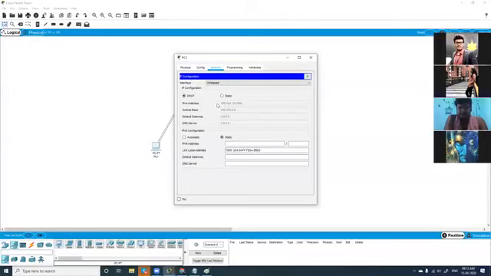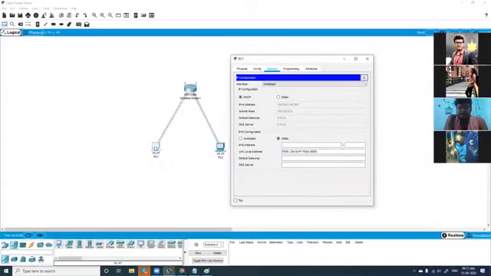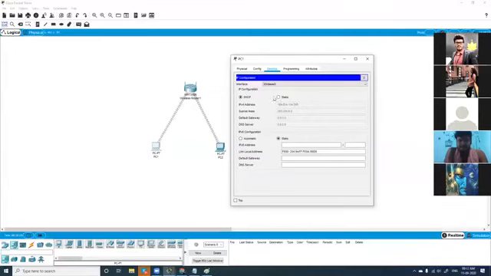Why? Because in the DORA process, if your computer is not able to grab an IP address from the modem, it will assign a default IP address which can be used for nothing, but this is called a garbage value IP address. Right? We'll switch to static here. See, now it is requesting for an IP address.